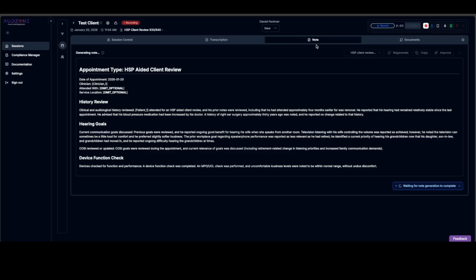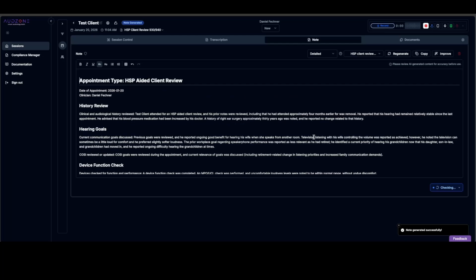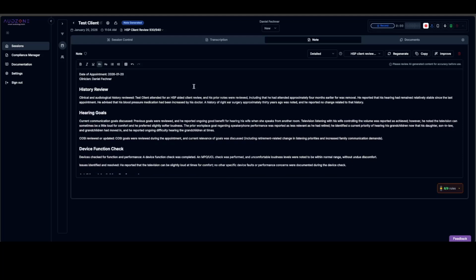Yeah, so we are now in the Note tab. You see it has written the note, and at the moment the compliance checker is running. Now, this is checking the note that it has written here against the HSP contract, and it will give me a score as to which requirements I may not have satisfied because I may have missed something. And then rather than saving it and without knowing it, we use AI to make you aware. It actually takes a little while, but while it's doing that, this note here is now a template for, again,